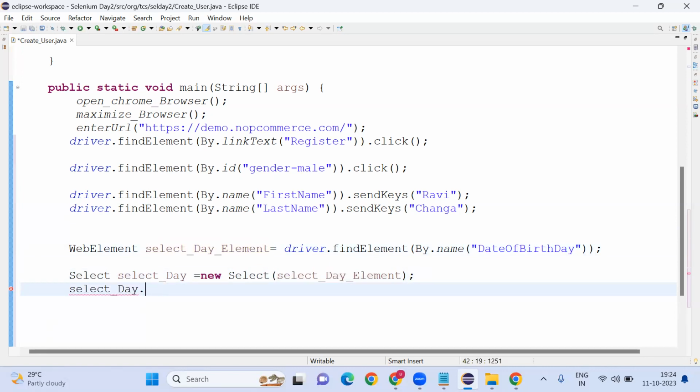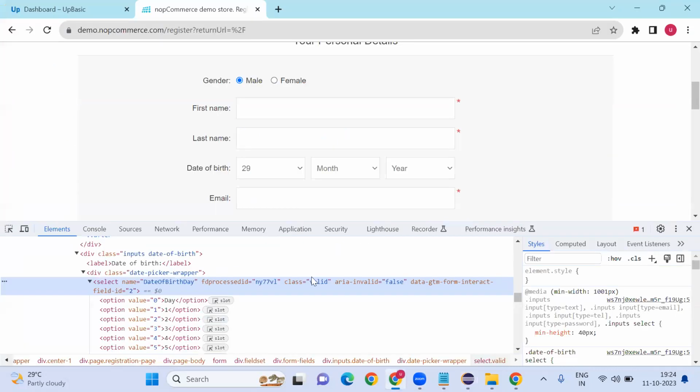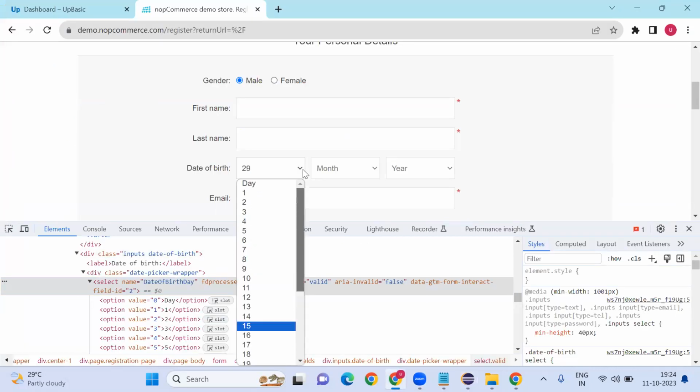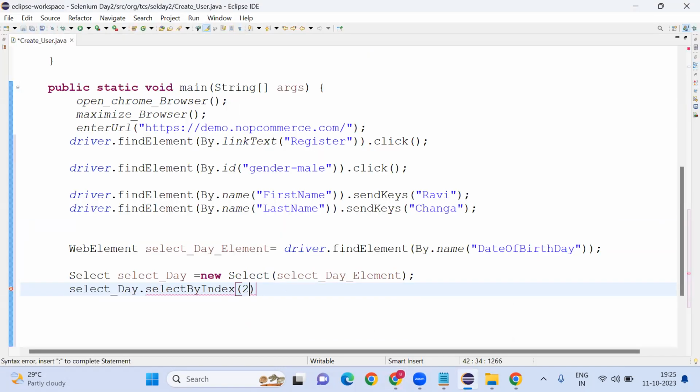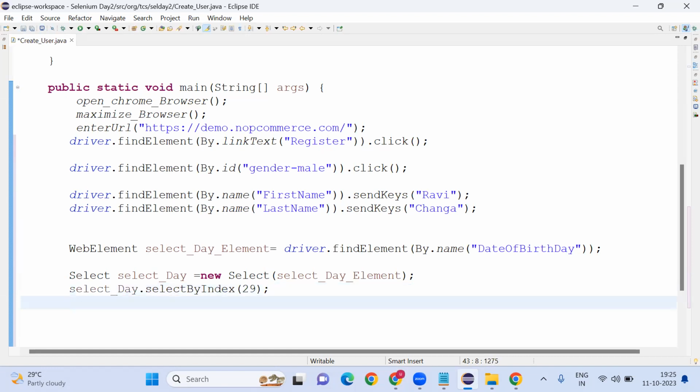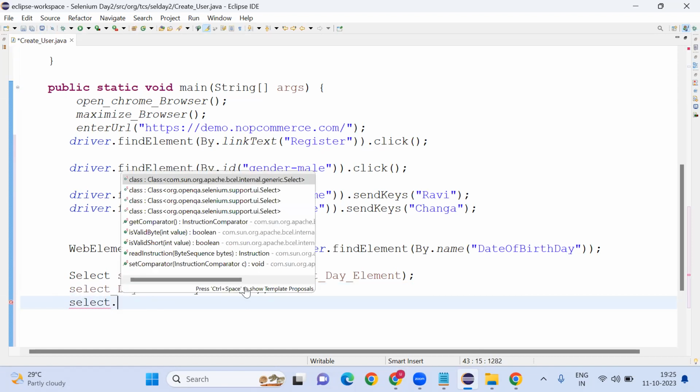Select by index. It will take numeric values. Suppose you want to select an option. In the 0th index we have Day. In the first index we have 1, 2, 3, 4, 5, 6, 7. The index starts like this. For 29, you need to give index 29, because in the 0th index we have this Day option. Mine is date of birth 29. Select by